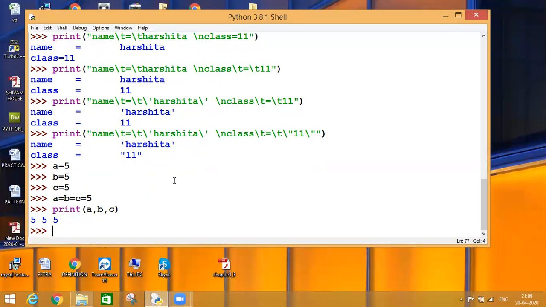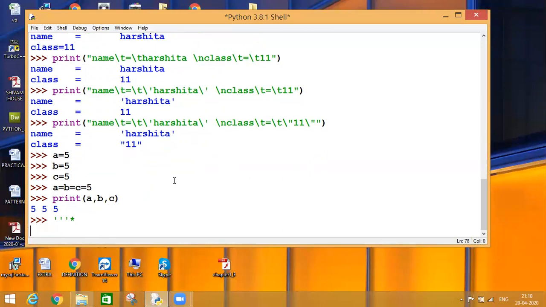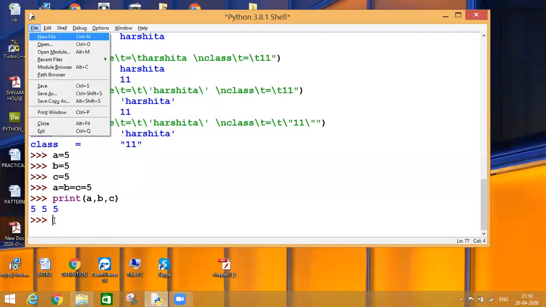Now, let's discuss a very small program. Let me start with the script concept.